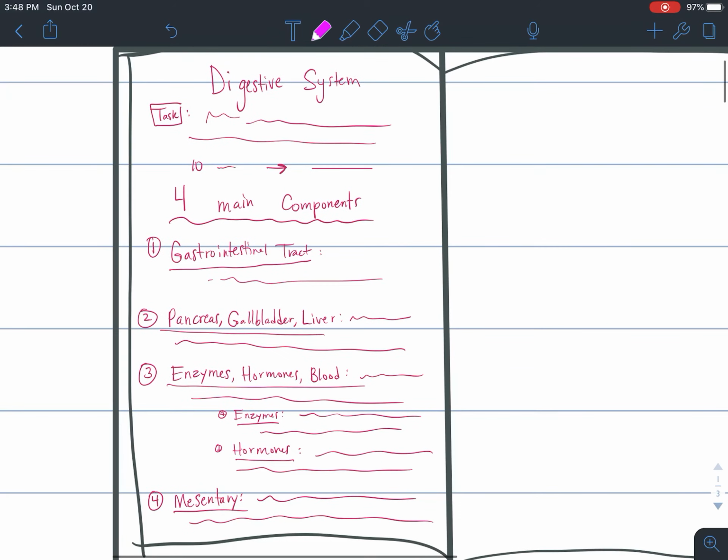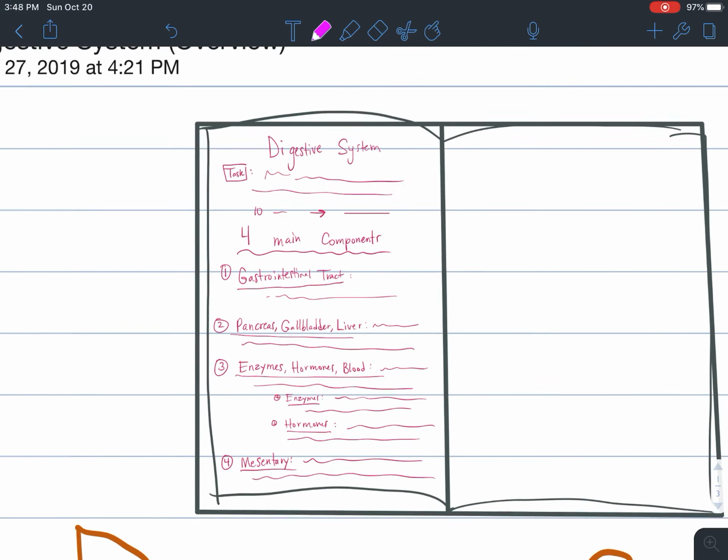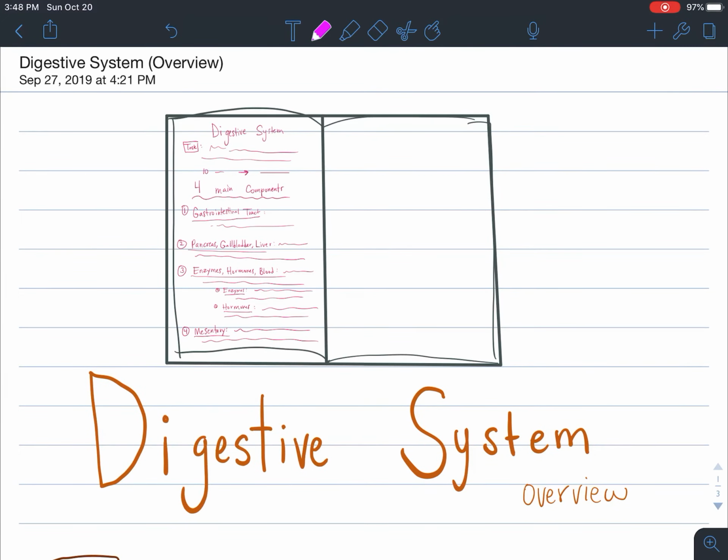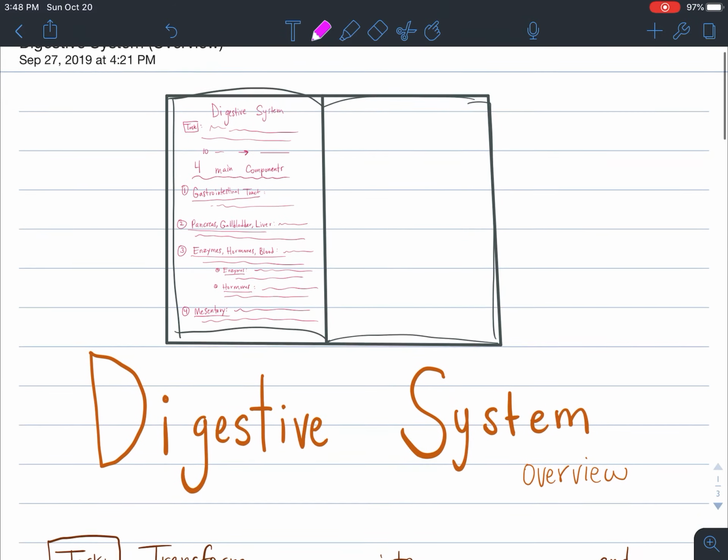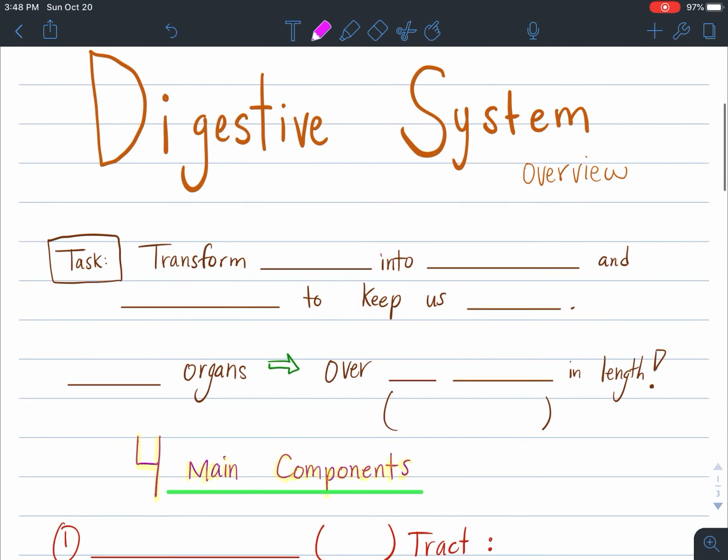And if you're careful, you can fit all 4 of the main components of the digestive system on this one page. If not, no worries either. Let's get started with the overview of the digestive system. If we try to break down what is the task, the purpose and the job of the digestive system? Well, it is simply just to transform our food